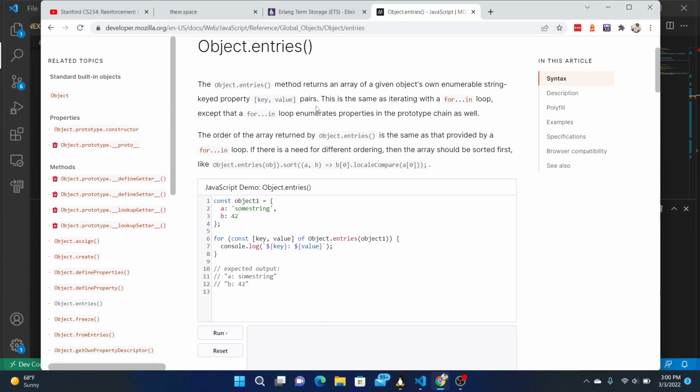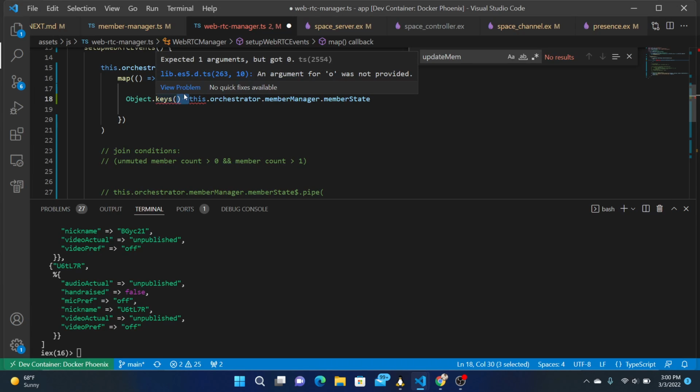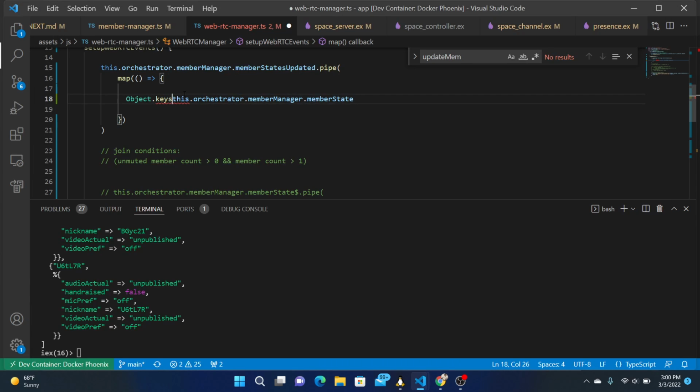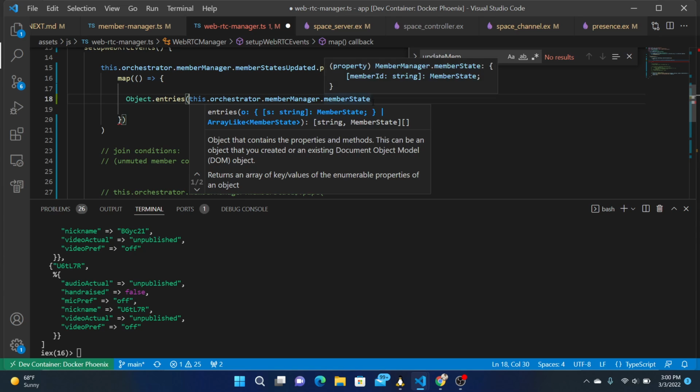Object entries method returns an array. Okay, so you could do reduce object entries. Object entries, which is this,